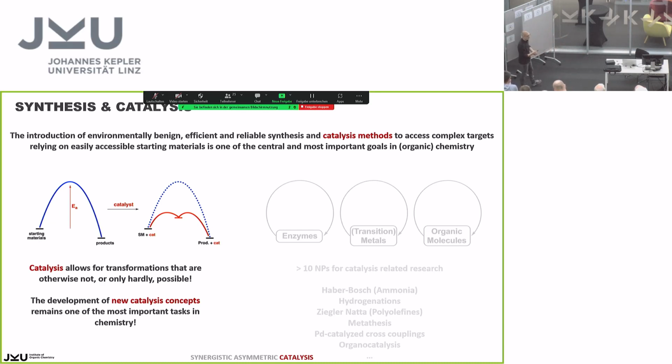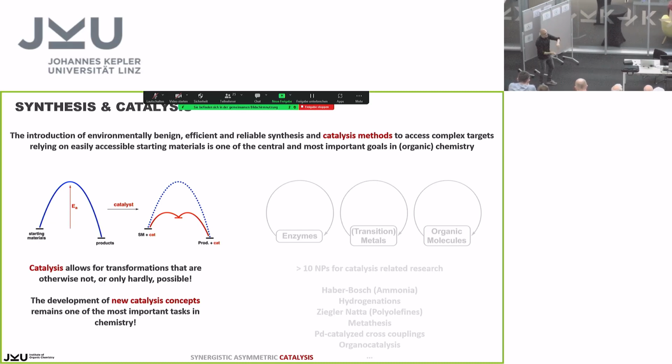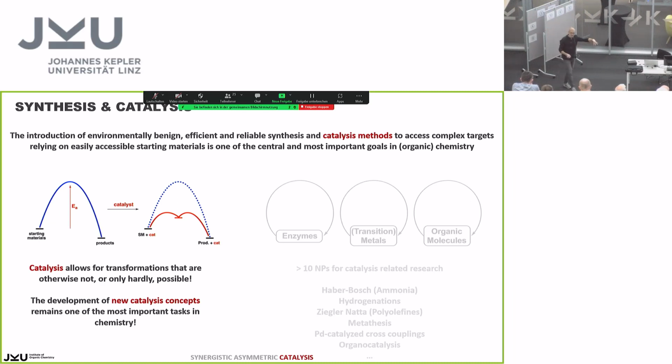But of course, as chemists, we want to speed up chemical transformations. And what we often do is we use a catalyst. And this catalyst can have multiple ways of interacting in the reaction, interfering with the reaction. But in the end, what it does is it breaks down the reaction. So it makes a reaction which is pretty hindered, which is illustrated by this hill here, and it breaks it down in single steps, which are much more likely, much more easily possible. And the interaction of the catalyst with the reagents is pretty complicated depending on the system, but in the end of the day, what this can do, it can allow you for transformations that are otherwise only hardly possible.